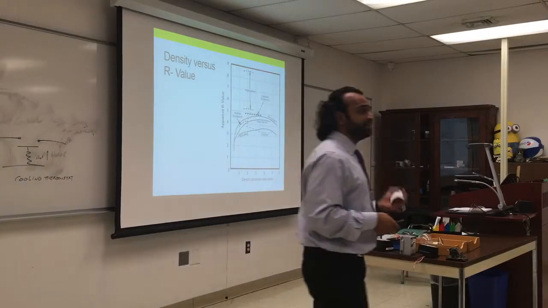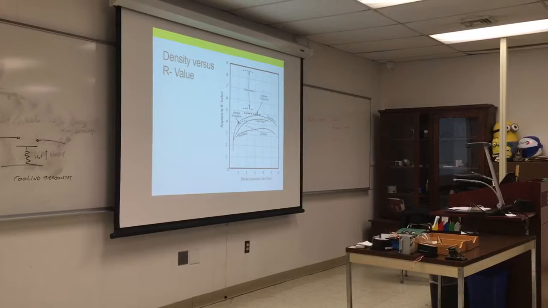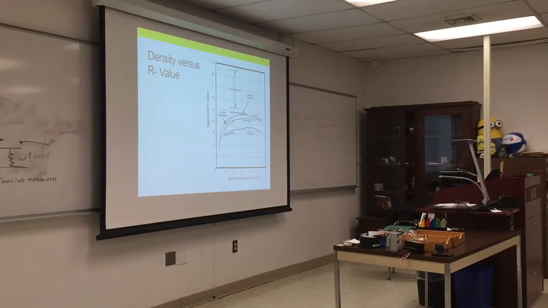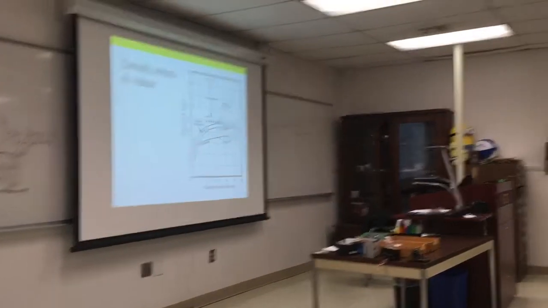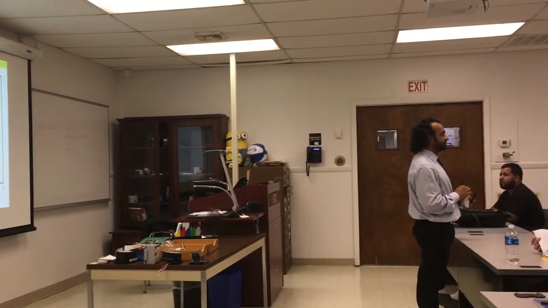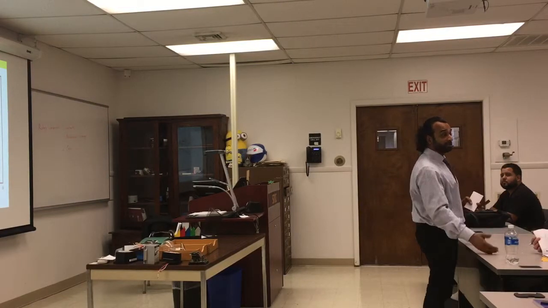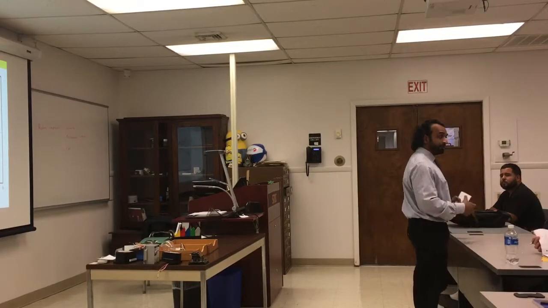So we talk also about density and R value. There's a relationship between density and R value, and that's why we do not pack too much insulation into a small space, because you change the density. Why would changing density play with the R value? It becomes so dense that it almost becomes like a conductor. Yeah, your conduction takes over convection, and we rely on the air pocket to insulate, because air is a